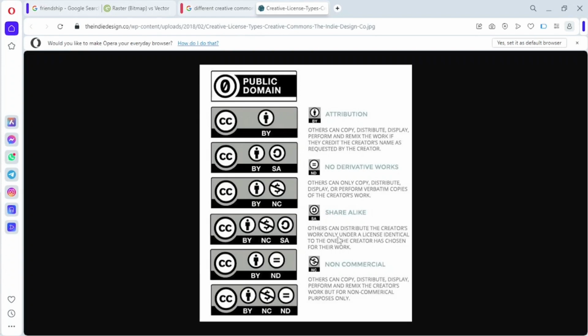Others can distribute the creator's work only under a license identical to the one the creator has chosen for their work. I'm not sure what that one is, so maybe you Google that yourself, sorry. So then there's non-commercial. This one you can copy, distribute, display, perform, and remix the creator's work, but for non-commercial purposes only. The reason why I'm saying this is a lot of times you'll be working with images and sounds,